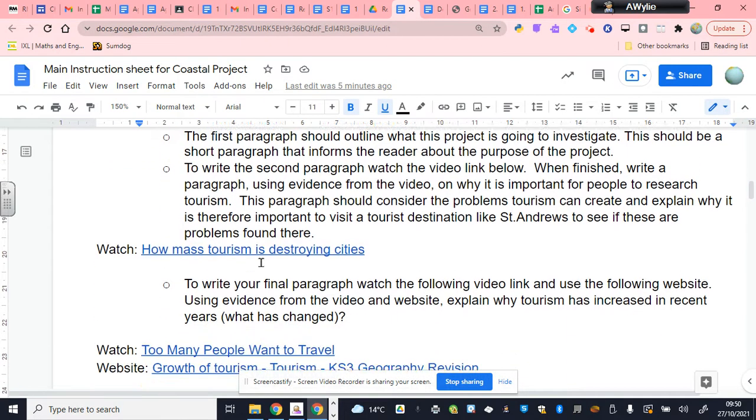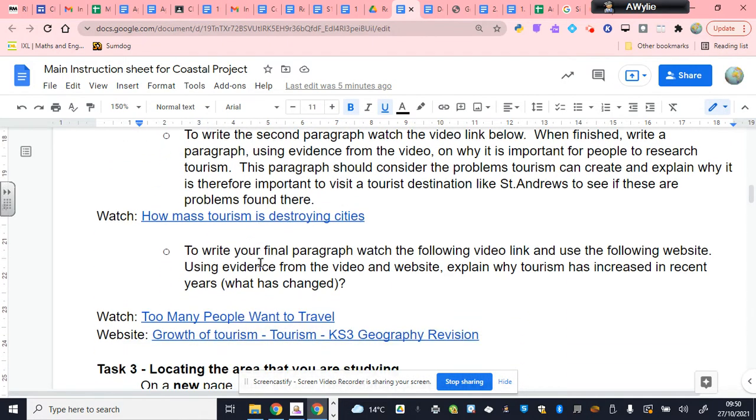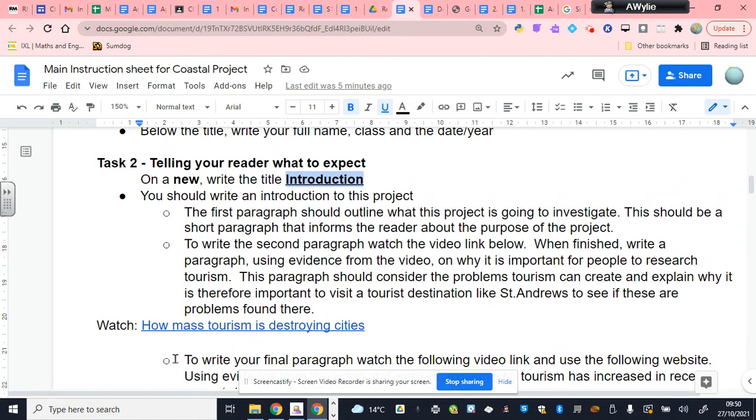Now you will notice there are 3 bullet points here that you are going to have to deal with, and they involve writing 3 paragraphs. Now, any good project needs to start by telling the reader what the project is about. What are you investigating? At this point, your teacher will have probably explained to you what the nature of the project is, but if you were missing this lesson and you weren't in the class,